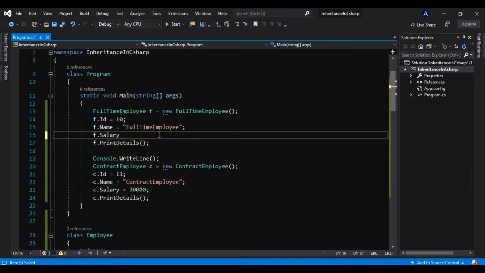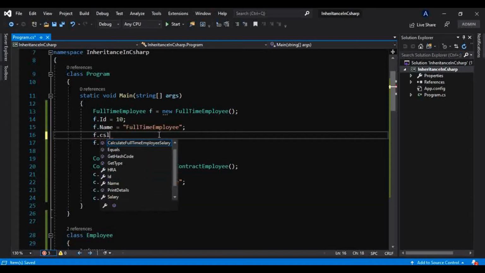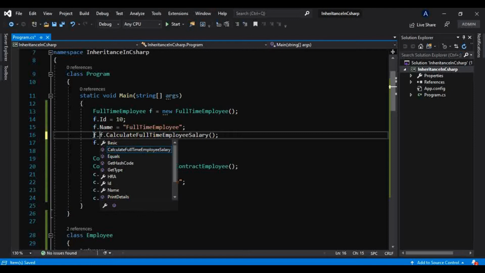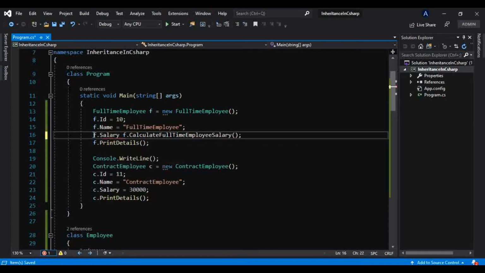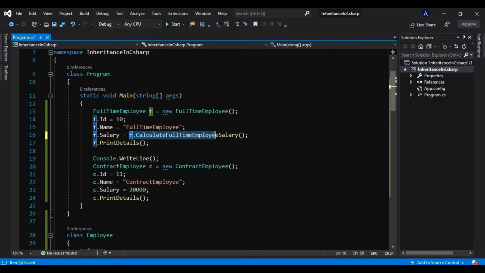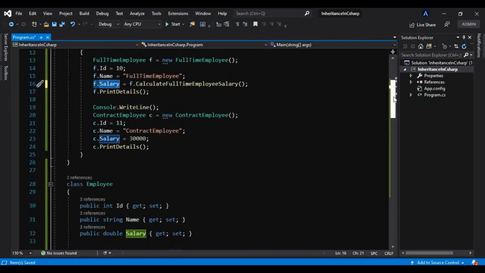salary, f dot calculate full-time salary. Okay, like this. We know this method is returning a salary, so we will take that in one variable, or what we can do, we can take this f dot salary, and we can store that salary which is calculated from this calculate full-time employee salary method. This method is calculating the salary, and we are returning that to that property. Okay, so that property is here,